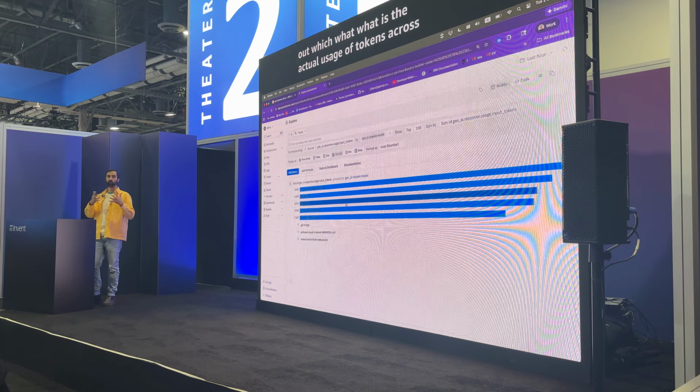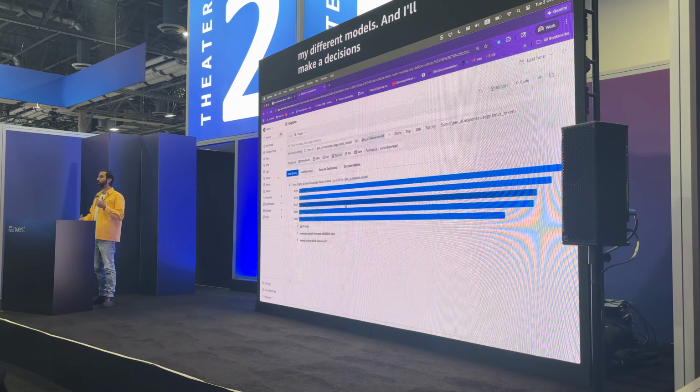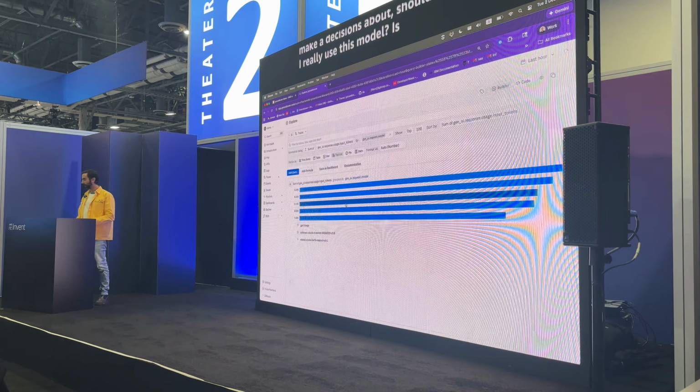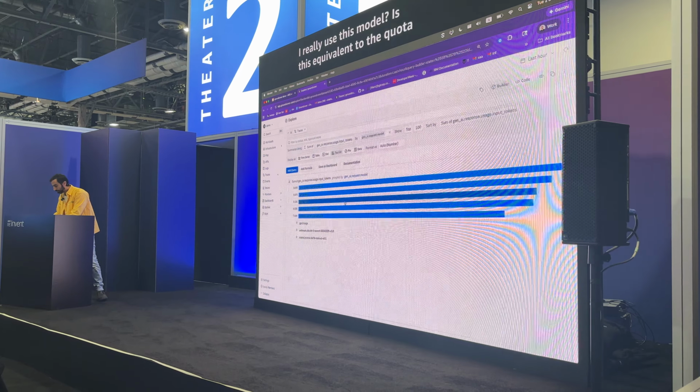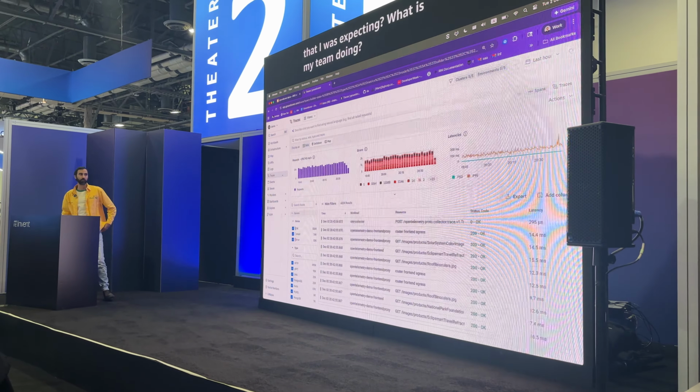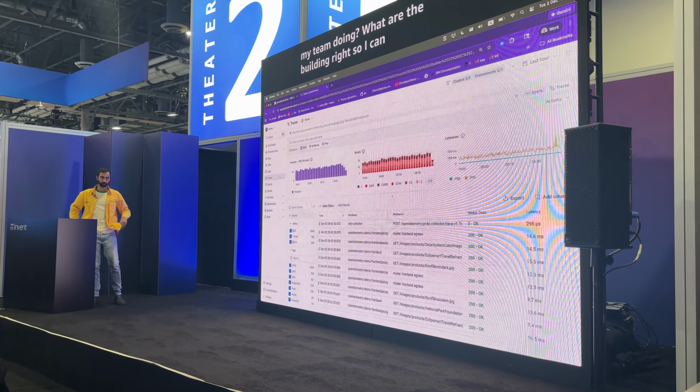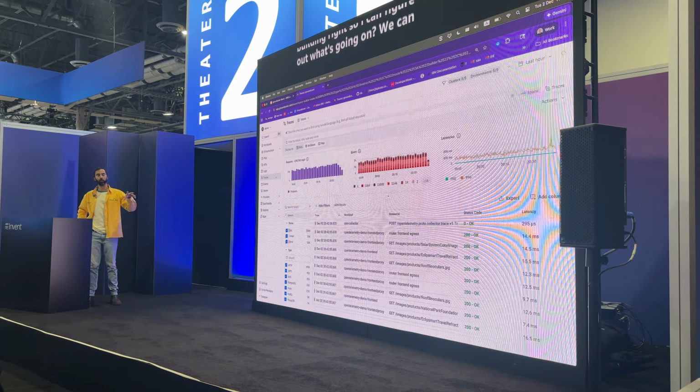Is this equivalent to the quota that I was expecting? What is my team doing? What are they building, right? So I can figure out what's going on. We can also do more sophisticated stuff that will eventually allow us to dive into areas where we care about